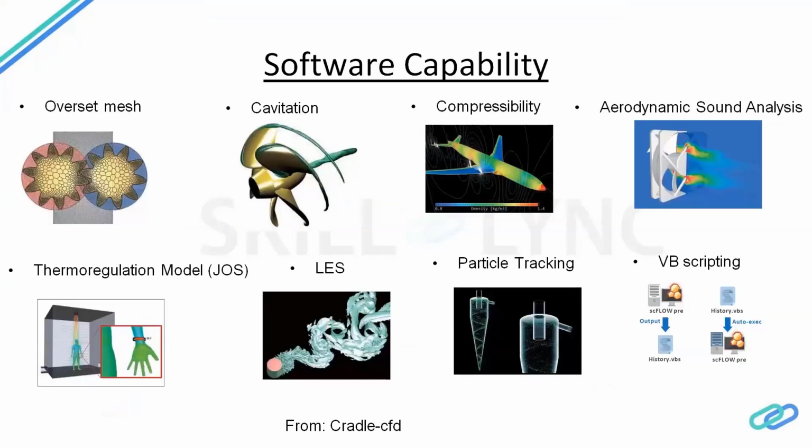It's very important to understand how the parameters are changing. Now coming to overset mesh, cavitation, LES, and the thermoregulation model. This software has the first thermoregulation model, which is published by them. They have a patent for this, where, for example, a human is standing in a room with an AC operating. He has worn a coat, a jacket, a wristwatch. Based on that, how does the temperature of the body change with respect to the AC? If he is wearing a coat of a certain thickness, and the thickness is varied, how is the temperature of his body going to change? Those parameters can also be visualized in this thermoregulation model.